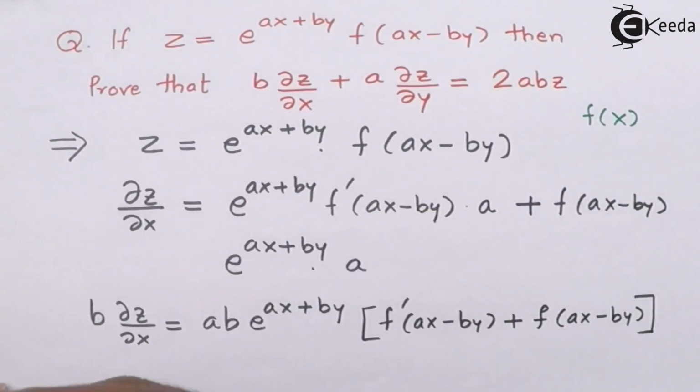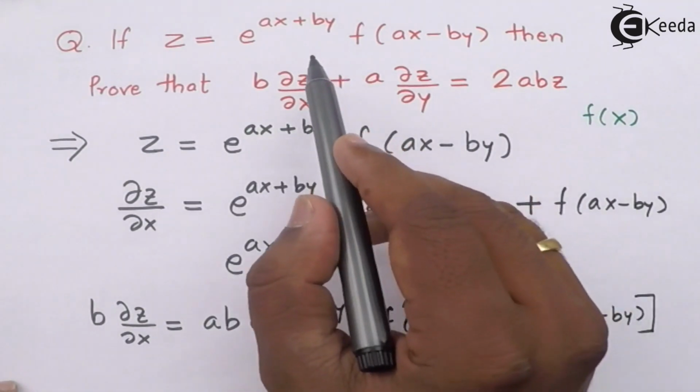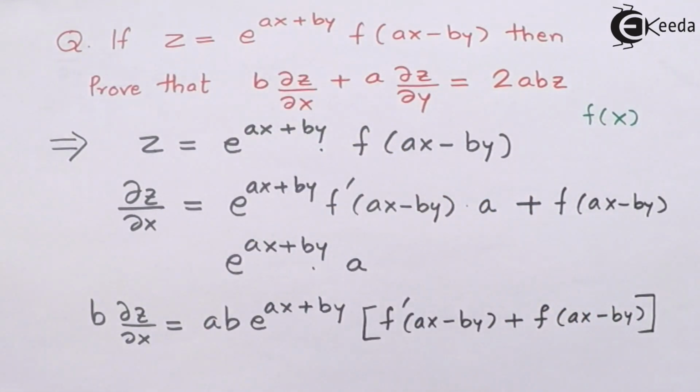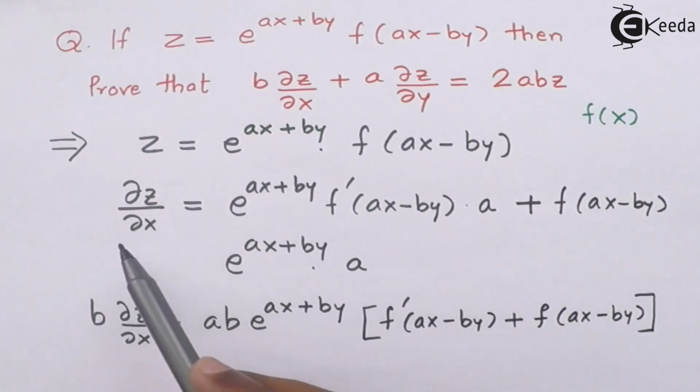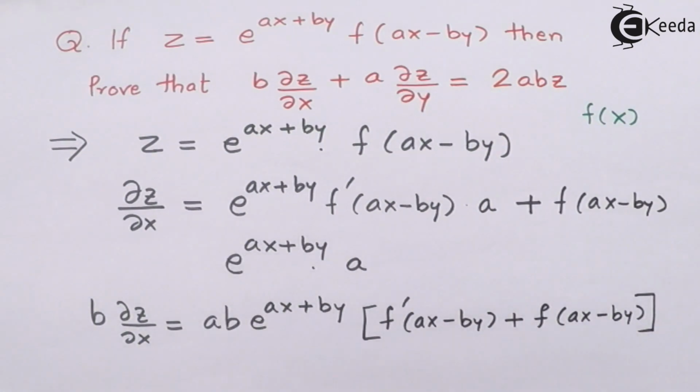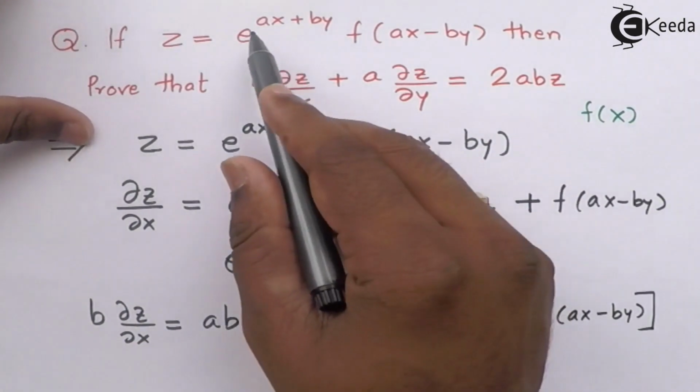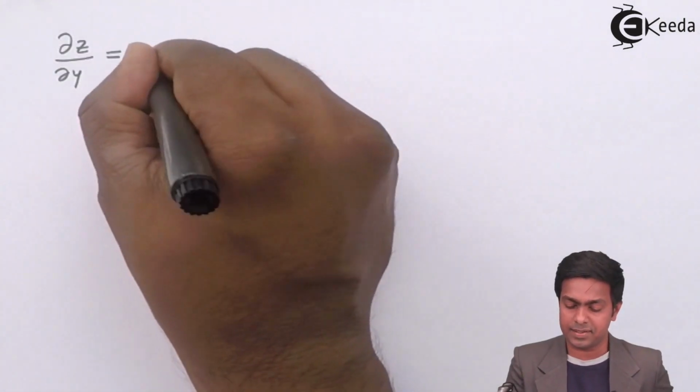So guys, by applying the product rule of derivative, similar to the previous del z by del x term, here we'll get e to the power ax plus by as it is,